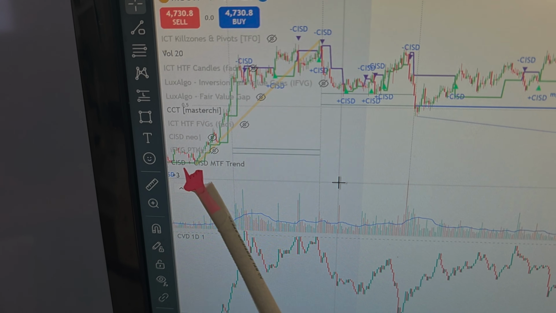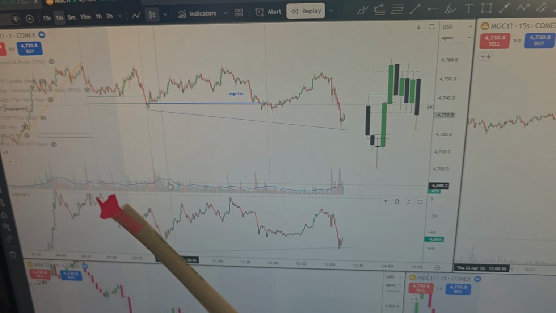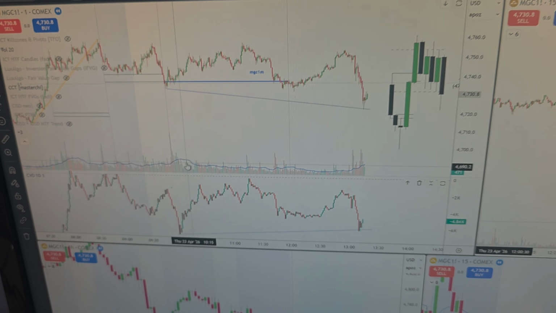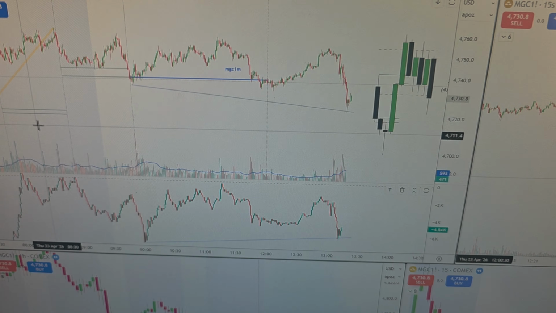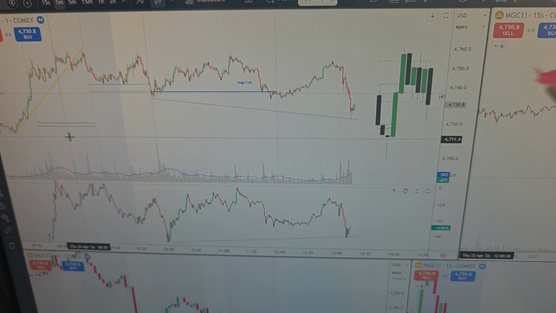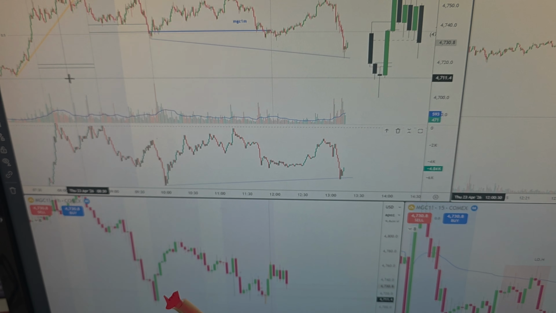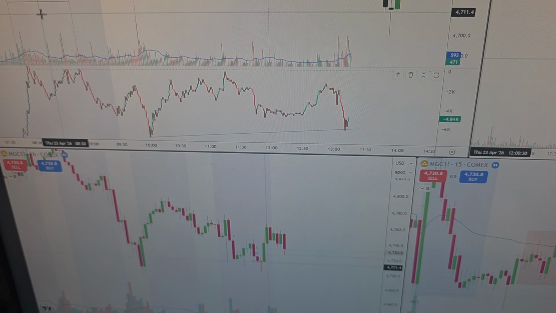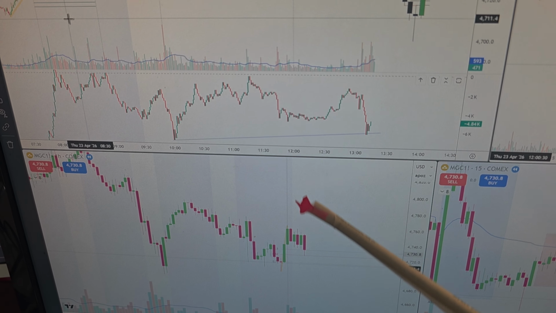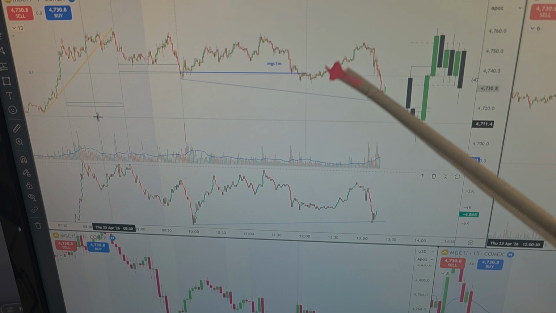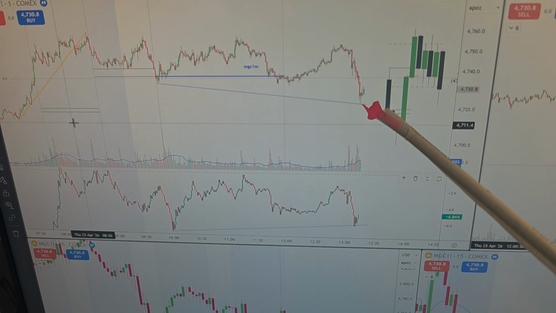This indicator right here, SysD multi-time frame trend. So let's do our grading. We have most of the components. We have 2 ups and 2 downs. So that's not necessarily an A+ for the multi-time frame trend, but we have these Chad candles, or this one series of candles forming a Chad, and we've been coming down in a corrective manner, and now we've accelerated and we've had a reaction here